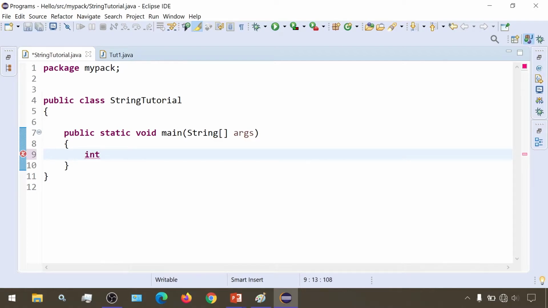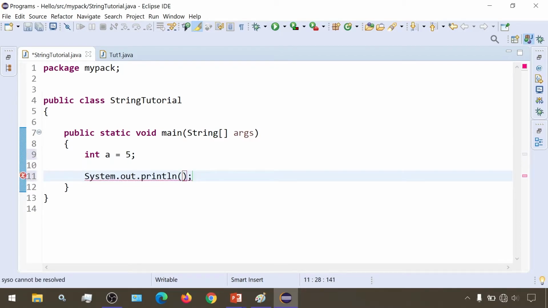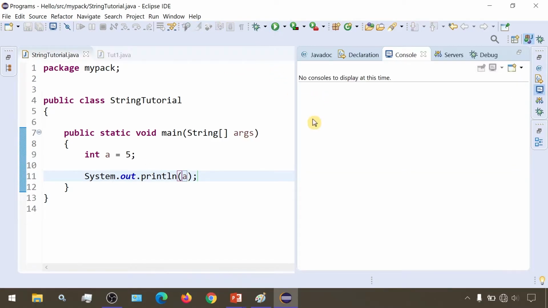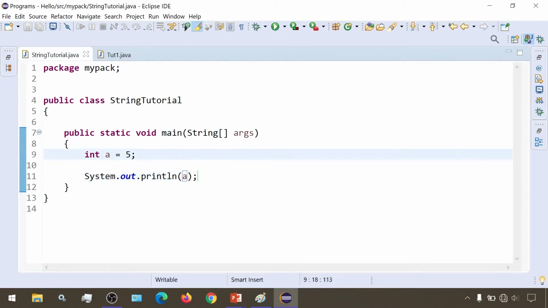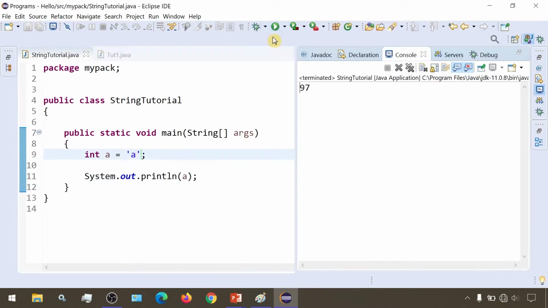So if I make this variable int a and I assign it the value 5, and then print this, I'll get 5 as my output. But now if I change this value to a and run this, I'm getting 97, because the assigned numeric code for the character lowercase a is 97.